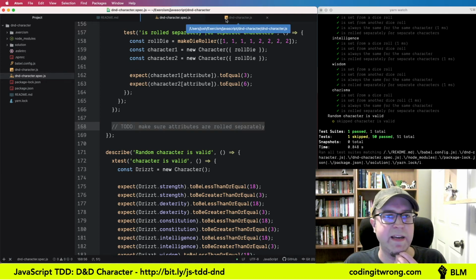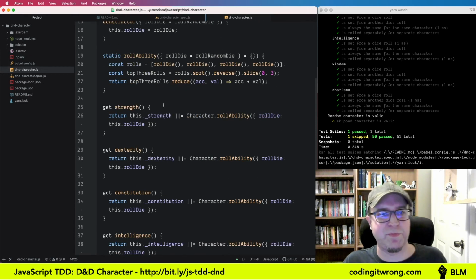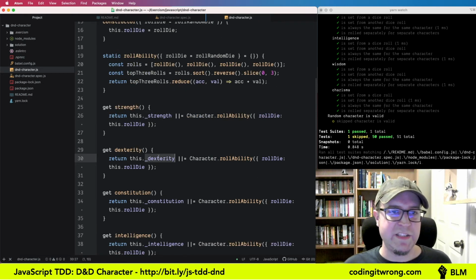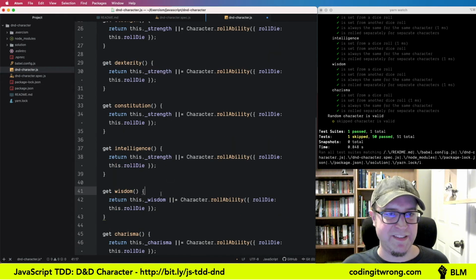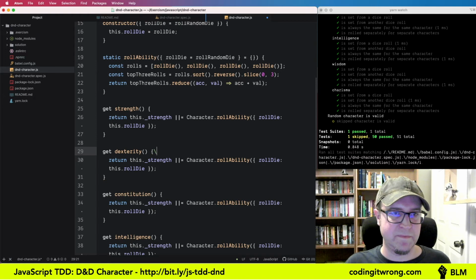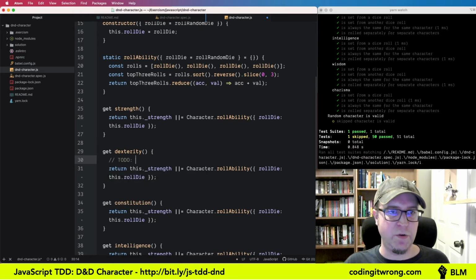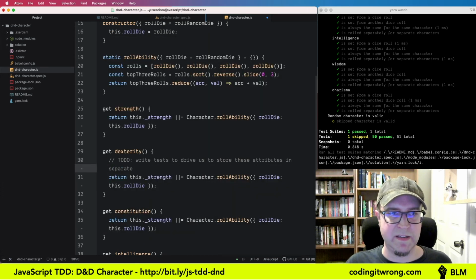And actually, let me break the code here to make sure that we show that there is a problem there. And what we're going to do is just have all of these assigned to the strength attribute there. This is very bad. This is not what we want to do. Write a test to drive us to store these attributes in separate